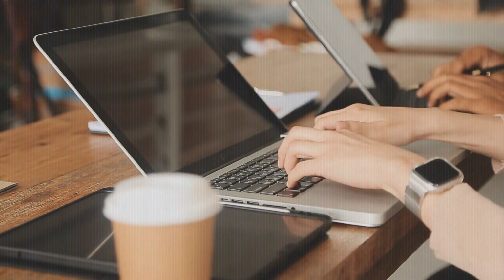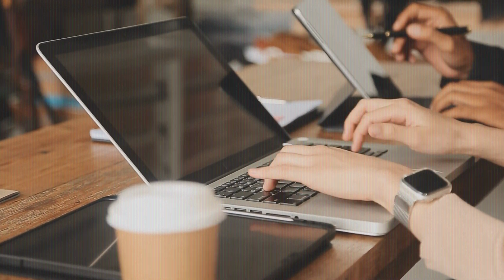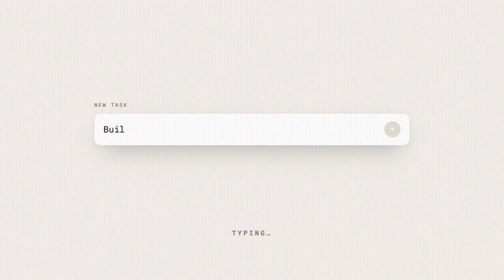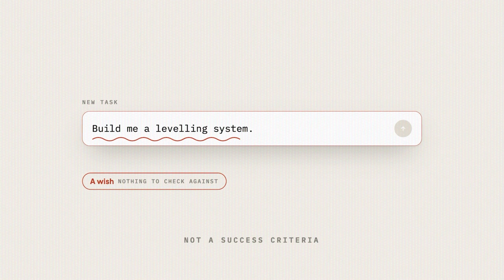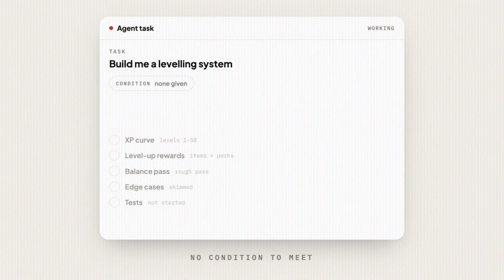And that's a loop. And that's why people get caught in things like the infinite loop, where there is no end criteria defined. And to be honest, out of the 3 things I mentioned just now, the only interesting thing here is the success criteria. The acceptance criteria is the most important and interesting part, right? Because something like "build me a leveling system", if I write that, that is not a success criteria. That is a wish, a task that I want done, right? There's nothing in there for the agent to check itself against.